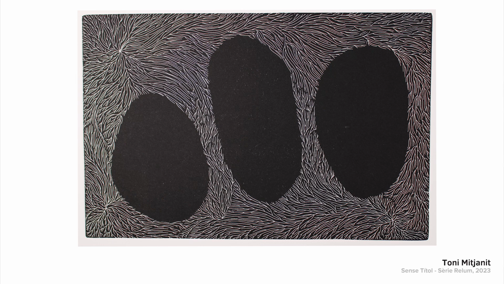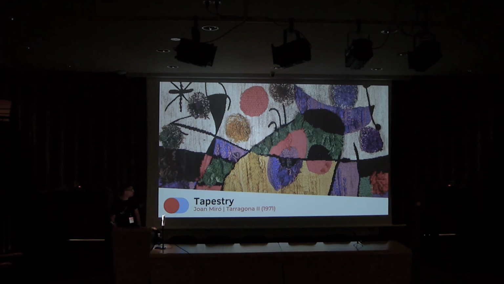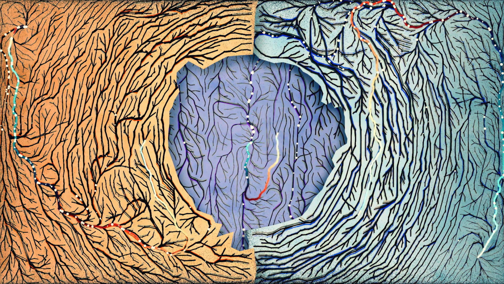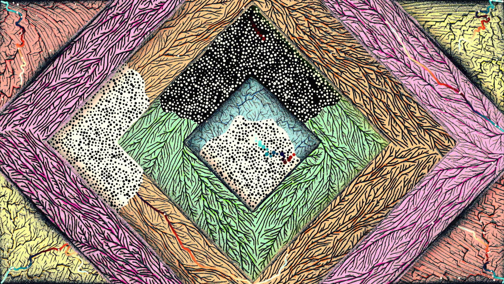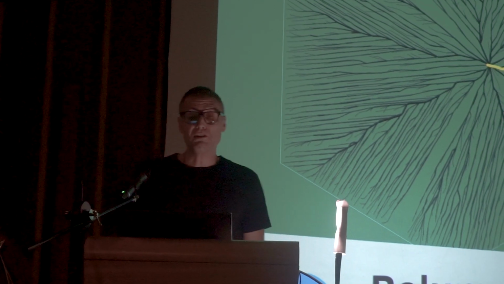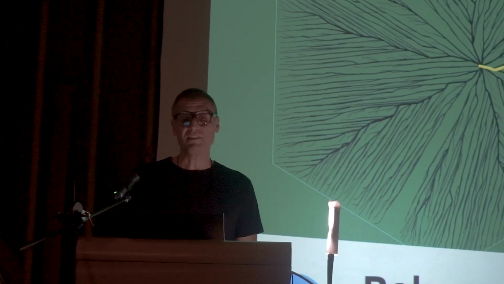But I didn't want that kind of output. I wanted an output related to tapestry or weaving, and I really got inspired by the tapestries of Joan Miro, like this one. So the final static is like this, where you can see just lines, but also geometry, dots and lines, and circles, many circles. So I wanted to explore many things, not just draw things.